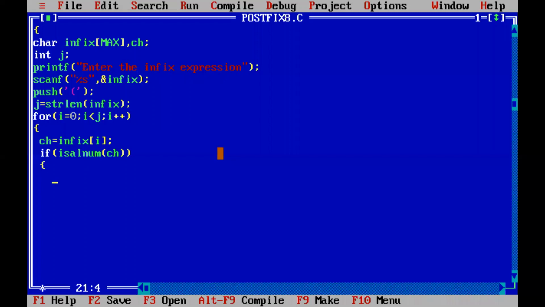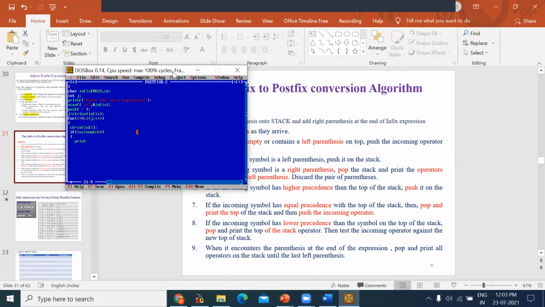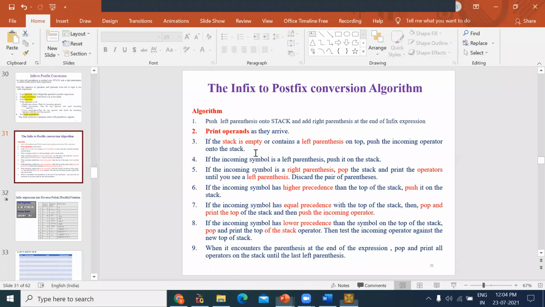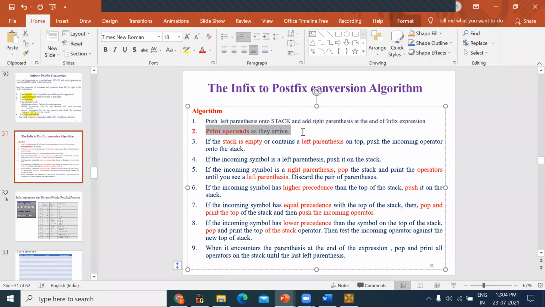Very easy. If it is an operand, what are you supposed to do? That day you told me every day, ma'am, I'll be sending you notes. Did you tell me like that? Huh? Ma'am,